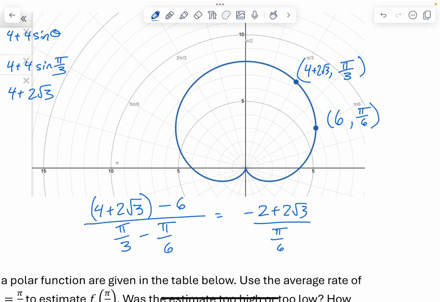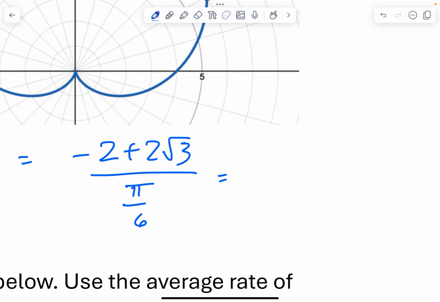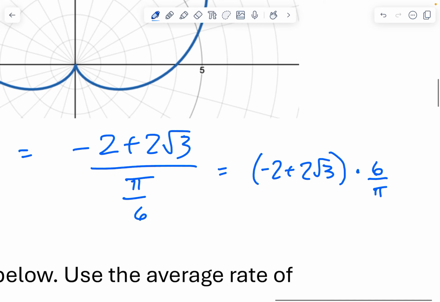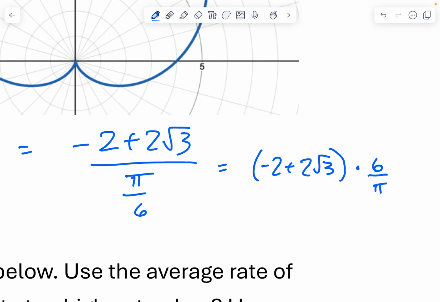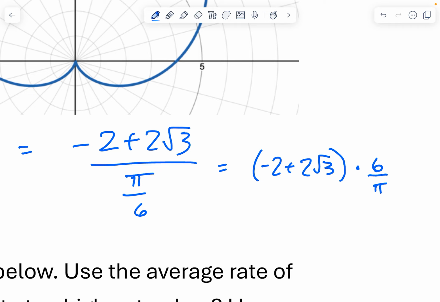Okay, I don't know exactly where they're going to have us stop. So we could say this is negative 2 plus 2 root 3 being multiplied by the reciprocal, so times 6 over pi. I tend to not like fractions in a fraction, like we're leaving it right here. But I need to go look and see what exactly they want us to do on AP Classroom. I don't remember off the top of my head. Like I said, I just came back from the UK. But this becomes,